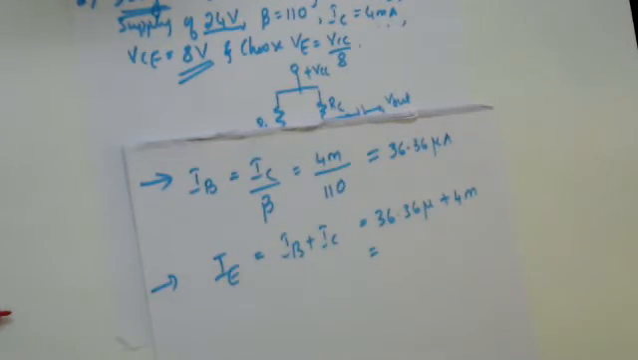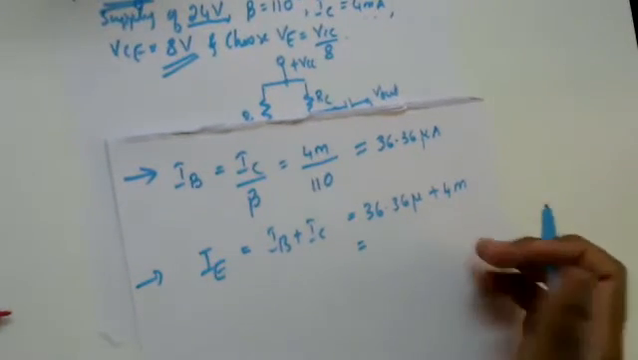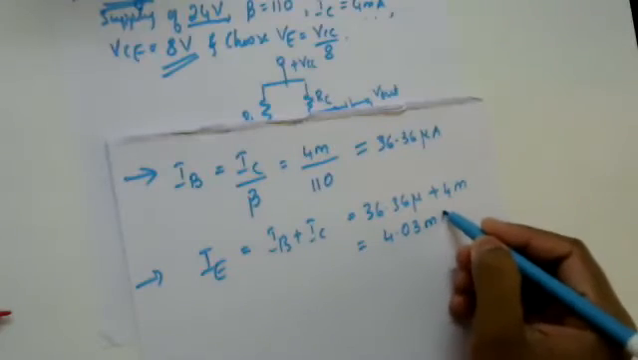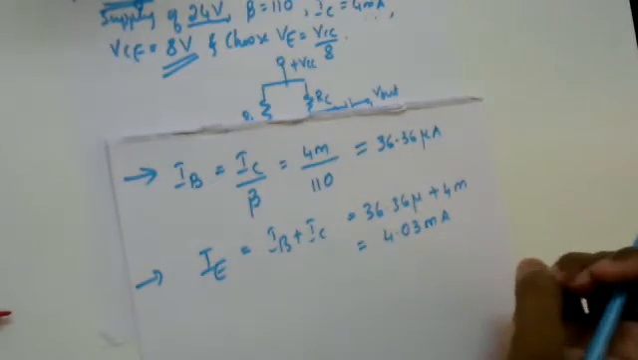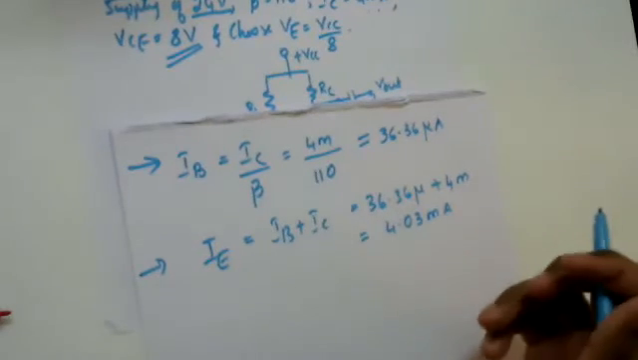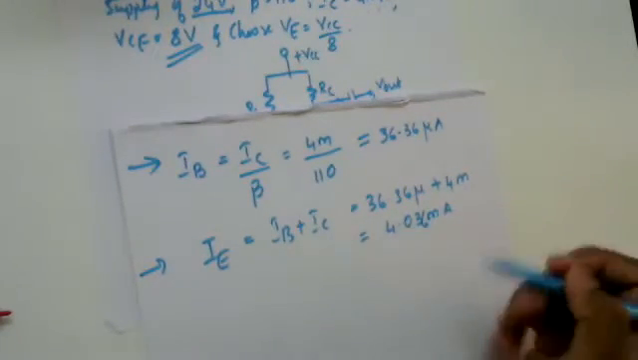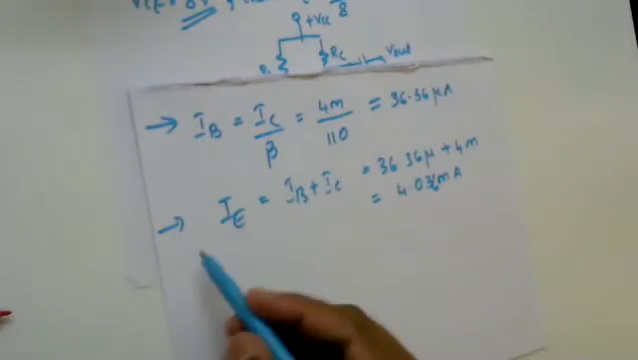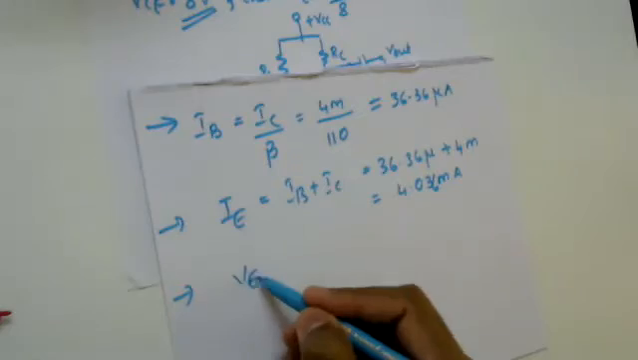So the value of IE is found to be 4.03 milliamps. Okay, or 4.036, whatever you people are suggesting in the column. Fine. So once you get the value of IE, then easily I can compute my emitter voltage, VE, because